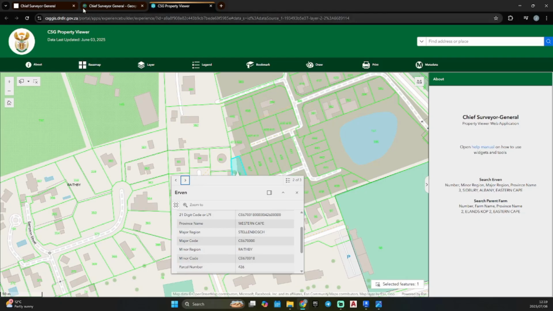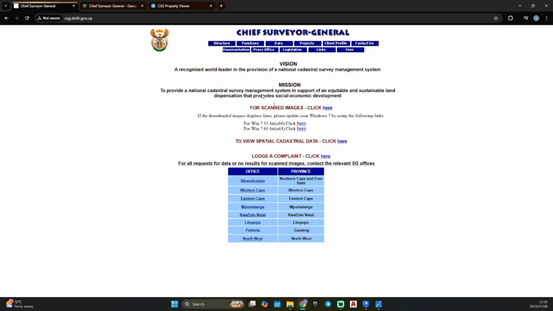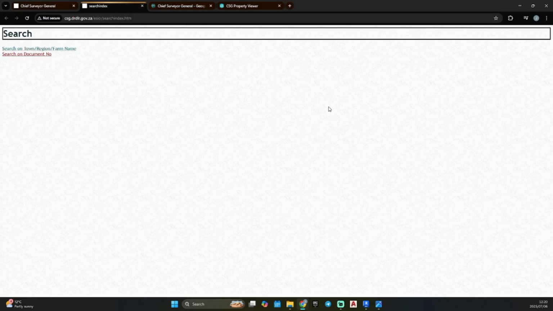As you can now see, there are a lot of tabs open. So we're going back to the first one. Now we're going to Scanned Images. You just click on that and you'll get a new pop-up. Do not close any of the other tabs, because it's going to be asking us questions and then we'll need to refer back to the other tabs that we have opened.